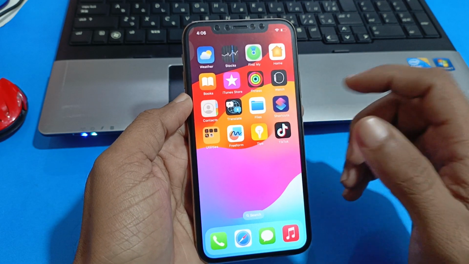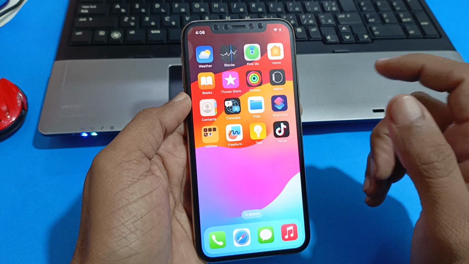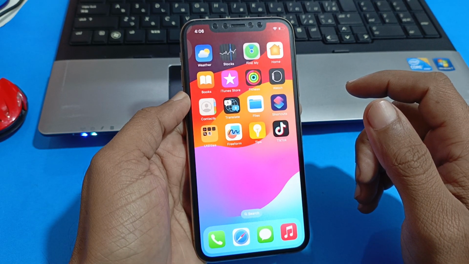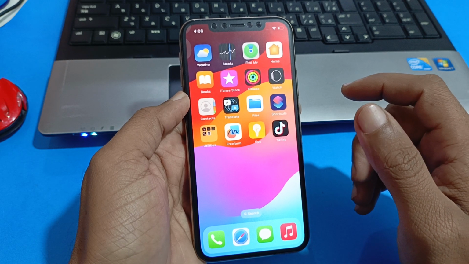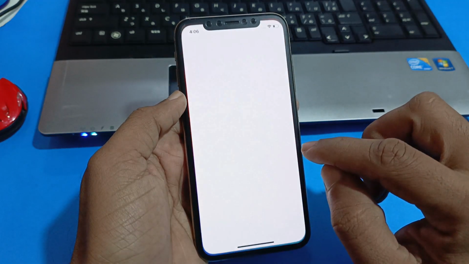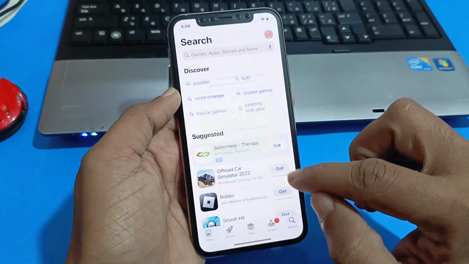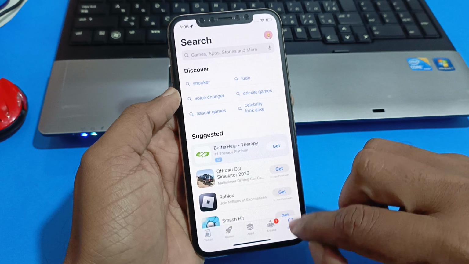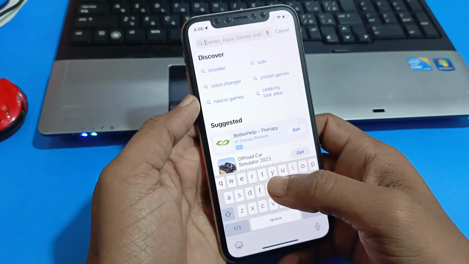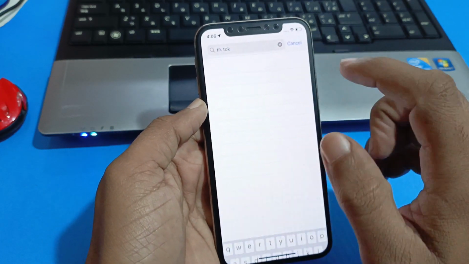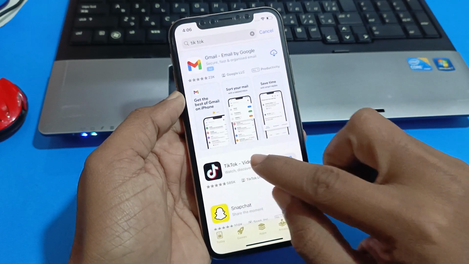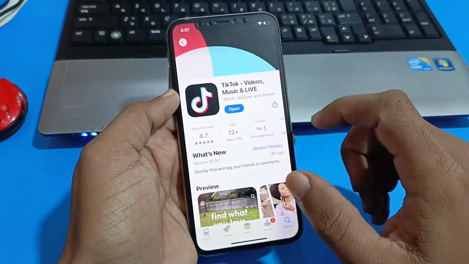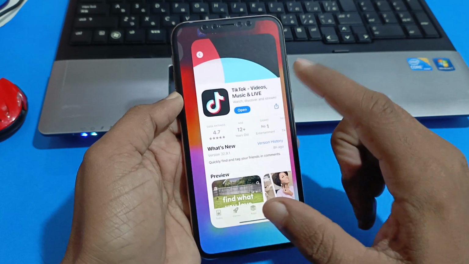Guys, there are many solutions to fix this problem. First is check for app updates. Ensure that you have the latest version of TikTok installed on your iPhone. Go to the App Store. Here you can see the search bar, and search for TikTok. Tap on TikTok. If you have any update of TikTok, first update it and then try to open